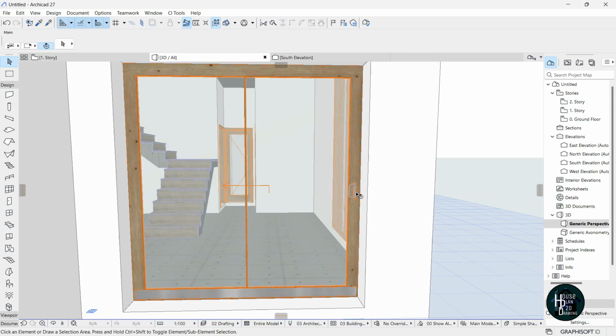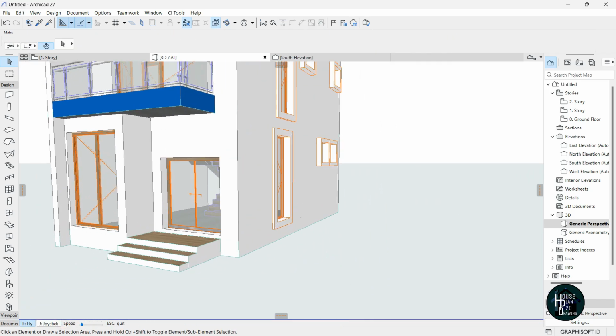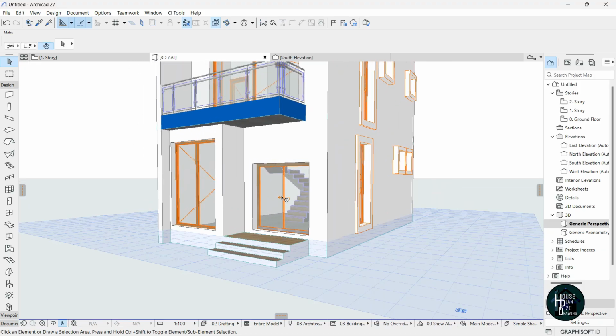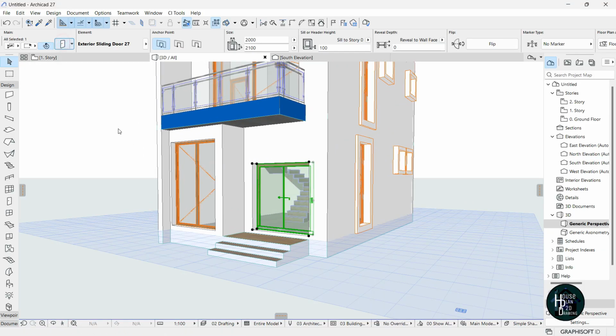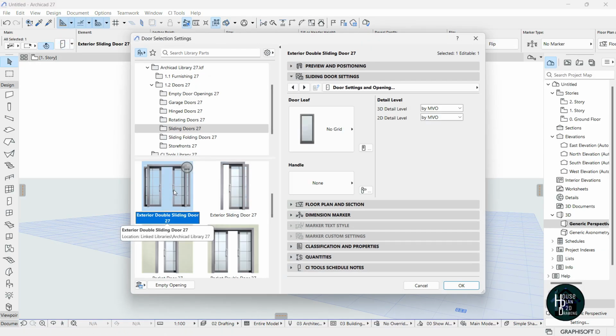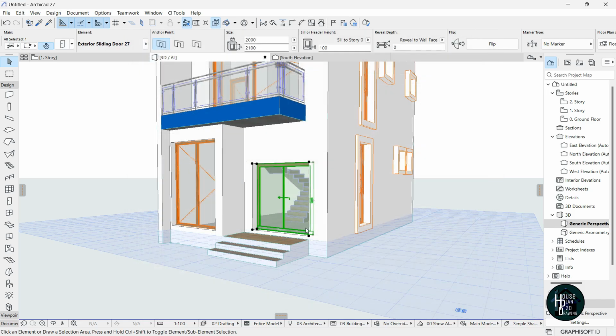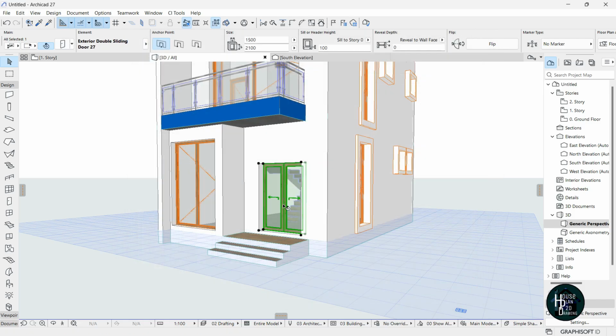Once you have it shown around here, when you want to open, you open like this. But for the design that I did, I didn't use this. Okay, what I used was, I click this, I click on the settings dialog. What I used was this. Okay, so you click this and you click on OK, you're going to have something like this. So only one part of the door is going to be functional, because if you go to the ground floor plan,